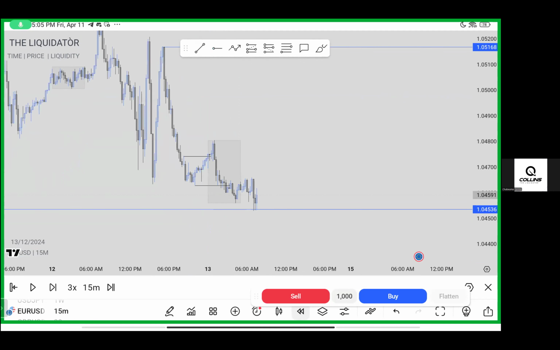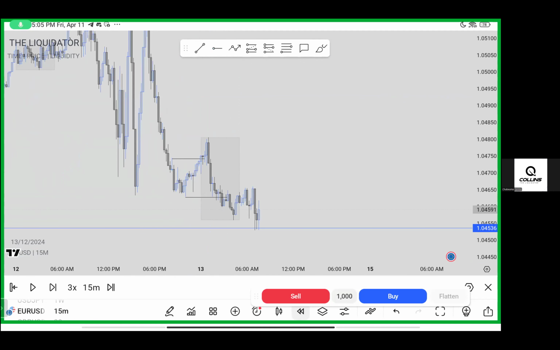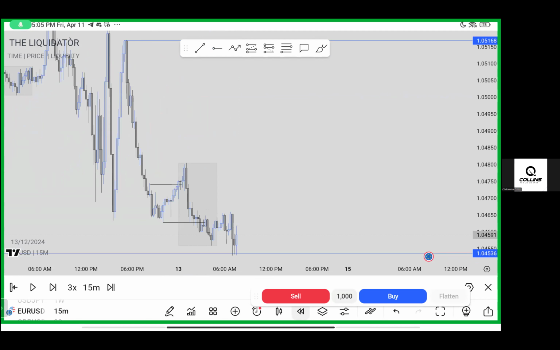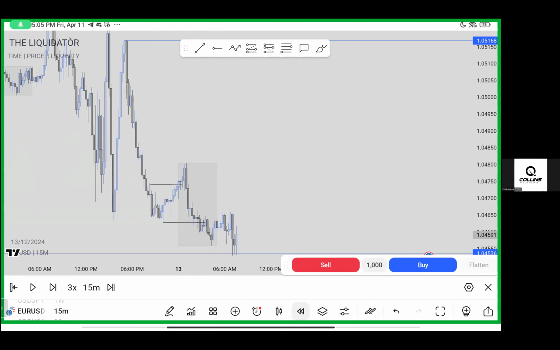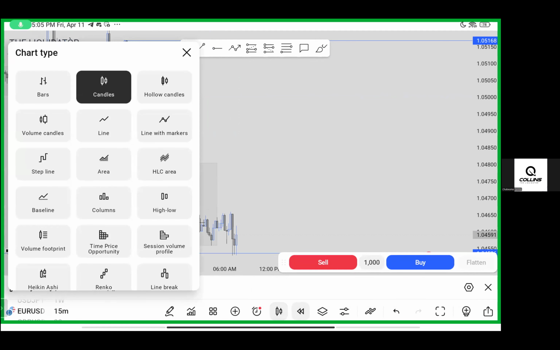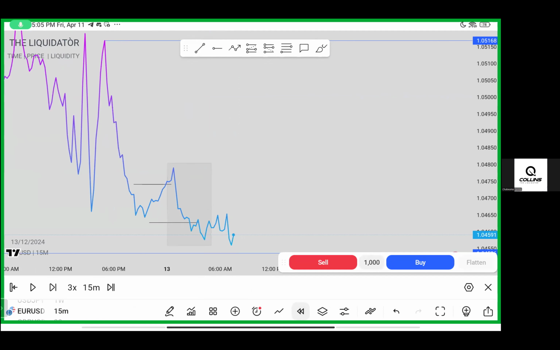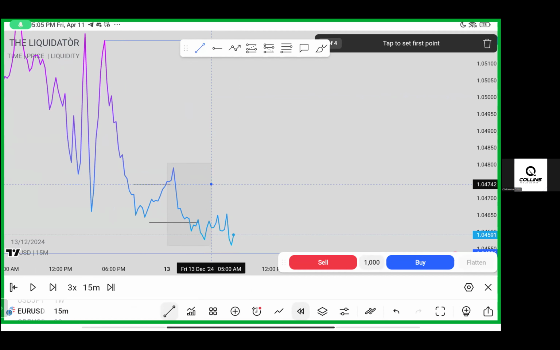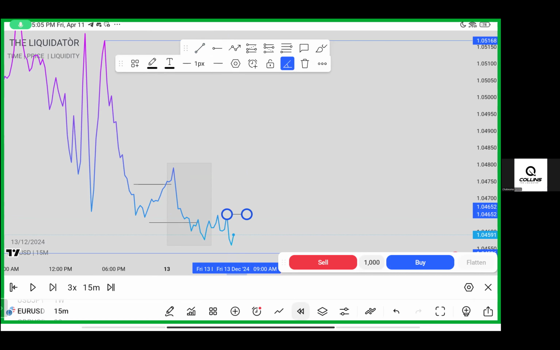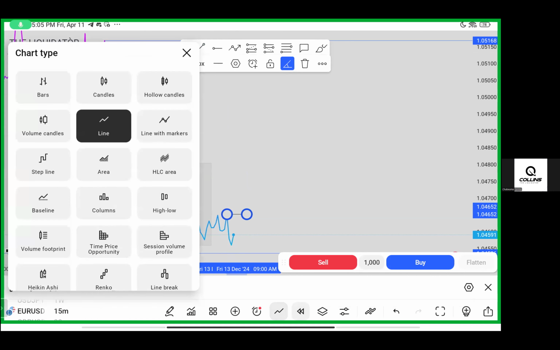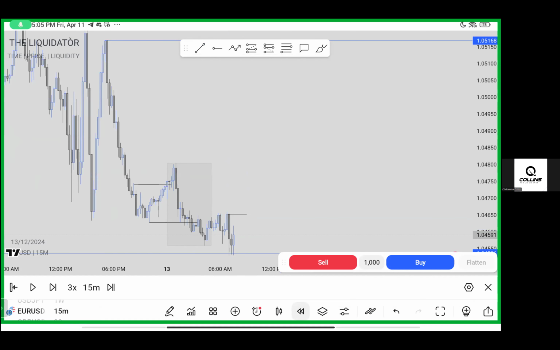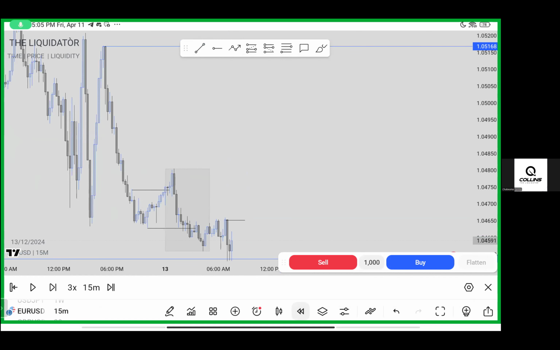So now, we are going to wait for price. Let's use the line chart. Okay, now this is the line chart. On the line chart, there was no bullish break of structure. So we have to wait for price to break above these highs. That's what we're waiting for now. Once price breaks above the high, then we can see if the 1 hour has already created the order block we can trade from. So that's why we have to play the waiting game. So currently, let's patiently wait for price.